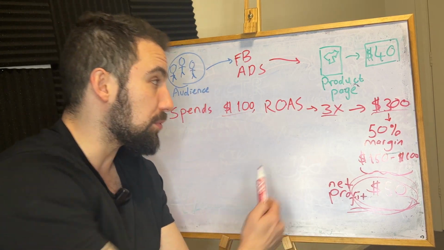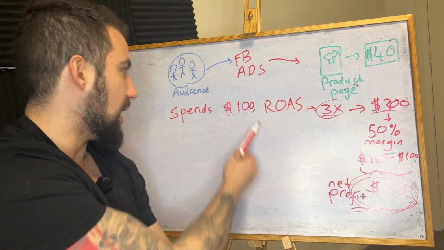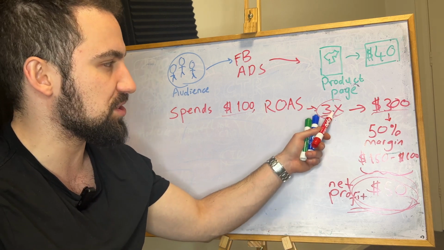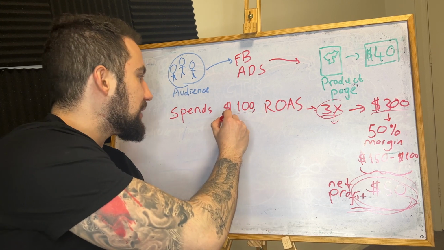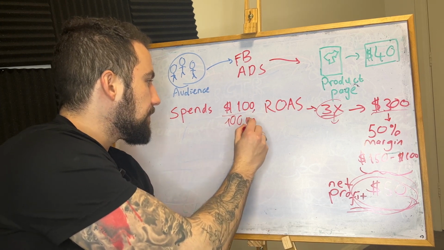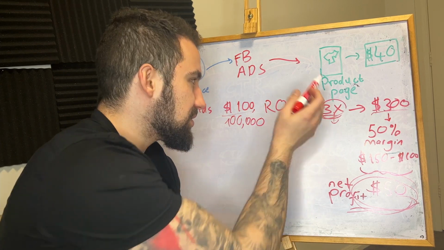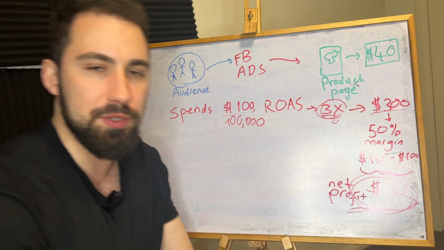And are you really profitable? Are you really 3xing this? You just made $50 out of spending $100, which is not bad. But if you scale, this has the potential of going down. Usually when you spend more money, if you make this 100,000 a month, this ROAS, if you are at 3x ROAS at $100, is more likely to go down. Of course, if you find really good winning creatives, this might scale up.